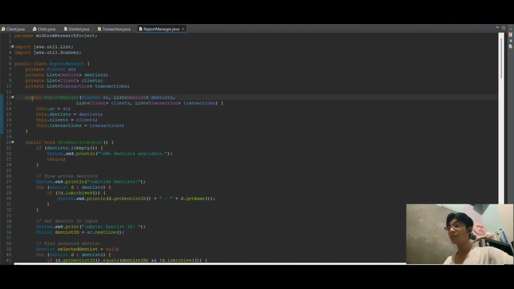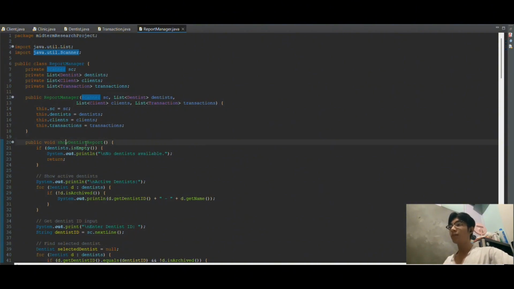Moving on to the constructor, public ReportManager, with its parameters related to the attributes: scanner, list dentist, list client, list transaction.